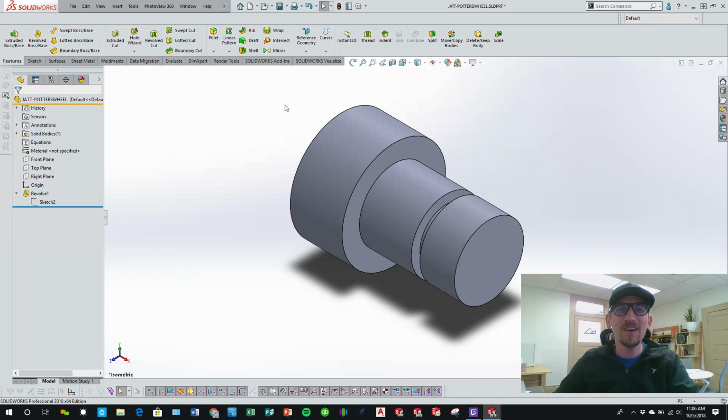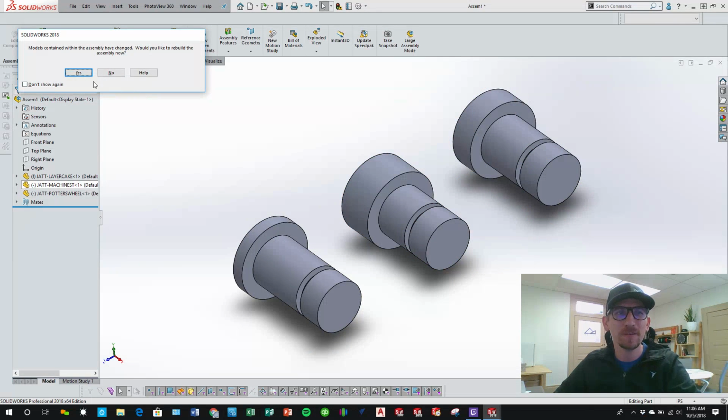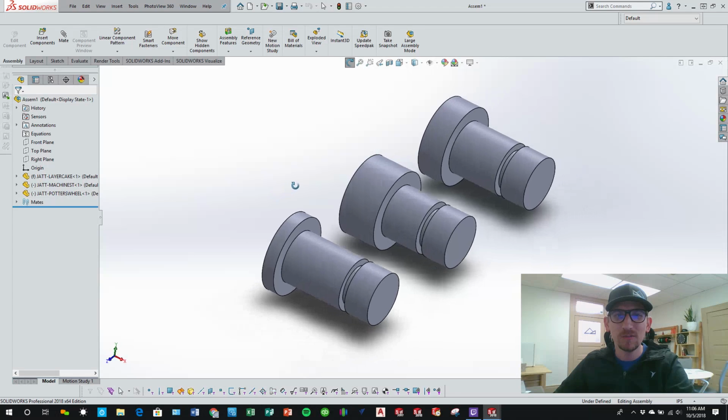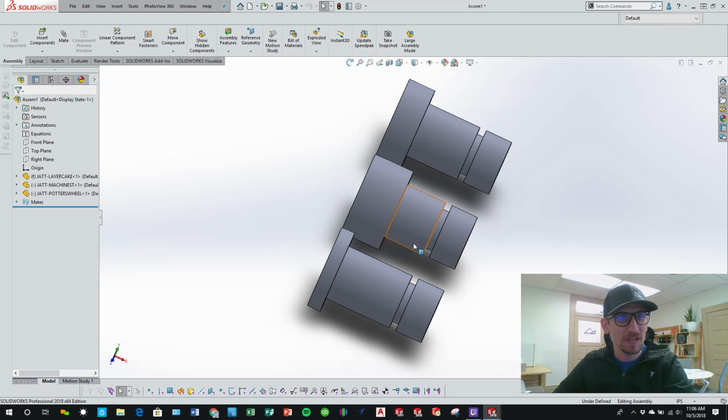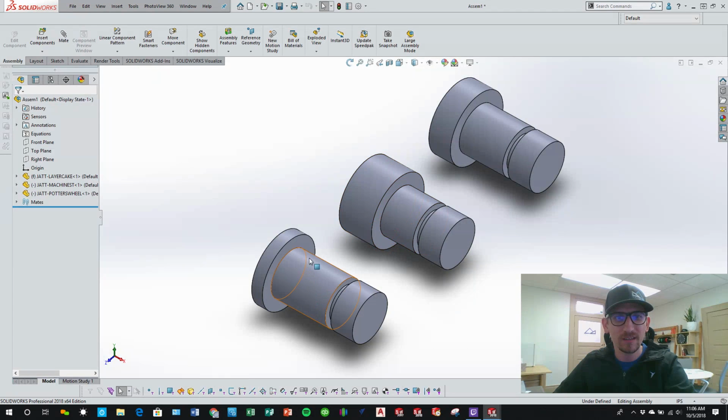Pretty tricky. Okay. So going back to our assembly, like I was saying for the fifth time, we'll see here that this part has updated, but nothing else had to change. So it's a little more simple than having to come in and update several other features. Now let's look at the final